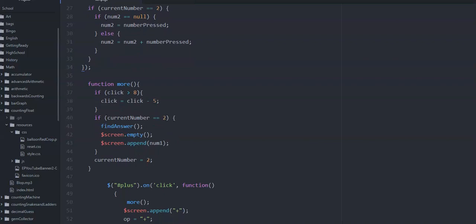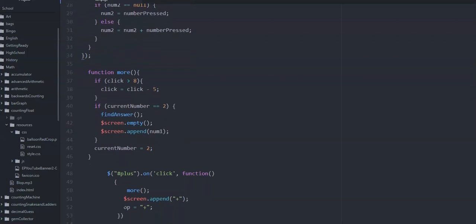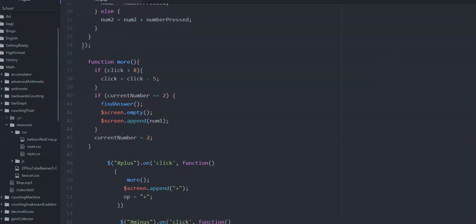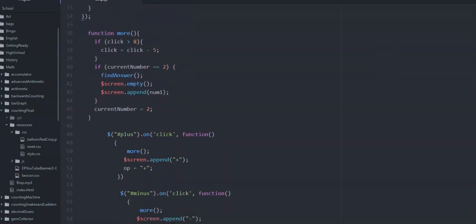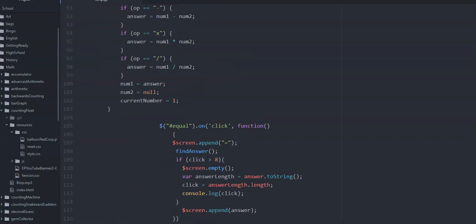And then when you click on plus or minus or whatever, if your click is high, then it's going to take 5 off to give you some more space. I just picked these numbers. I don't know that it's a perfect solution. And then one last thing I did with that was